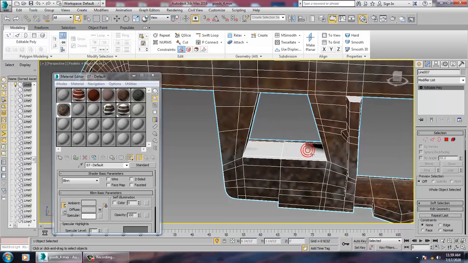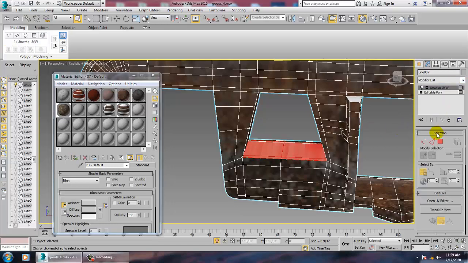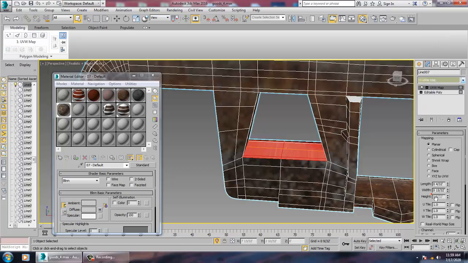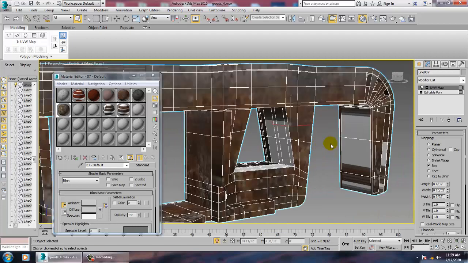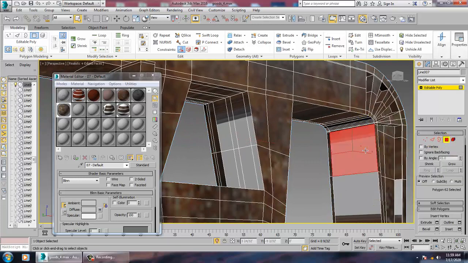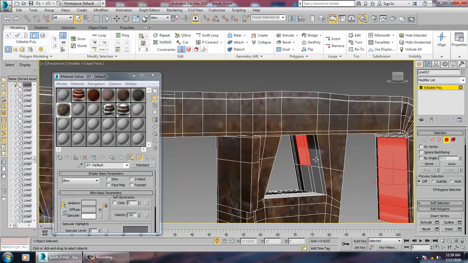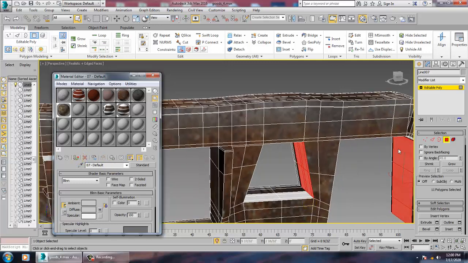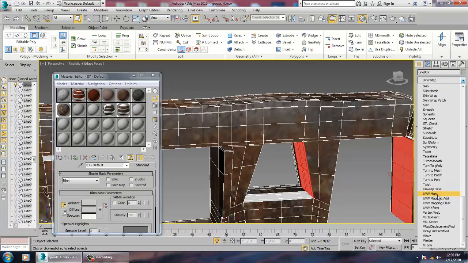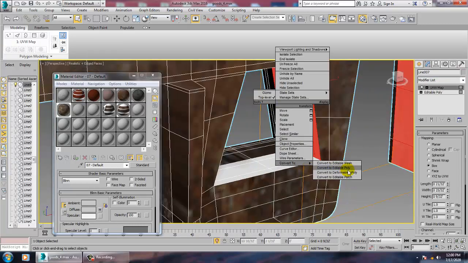set it as a box, again go into this, assign this, UVW map, set it as a box, convert to poly, select all this polygons over here, UVW map, just set it as a box, convert to editable poly,